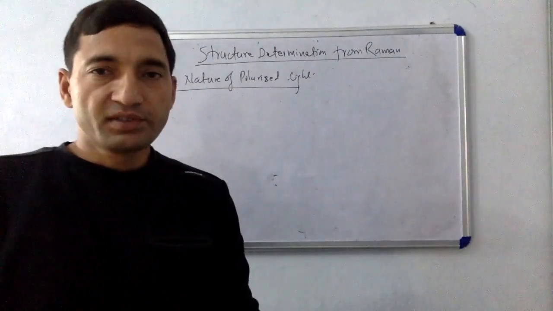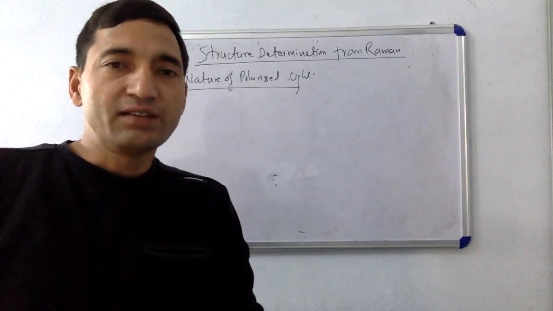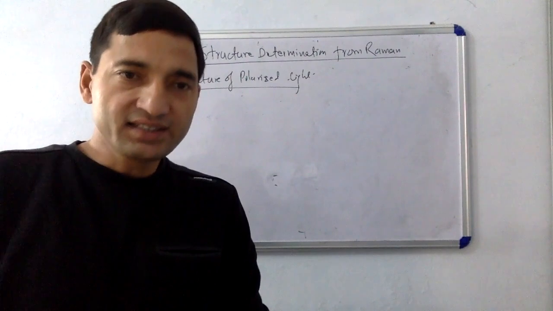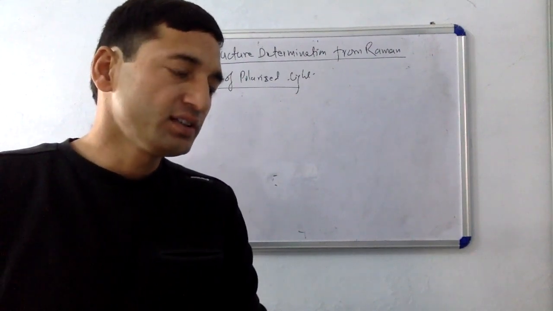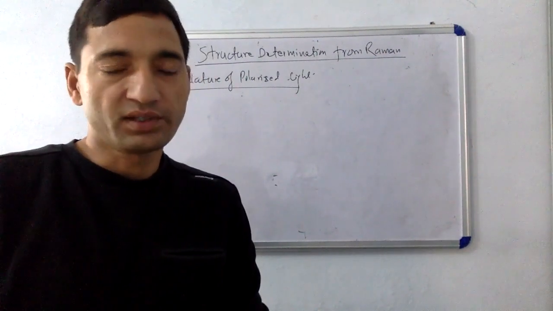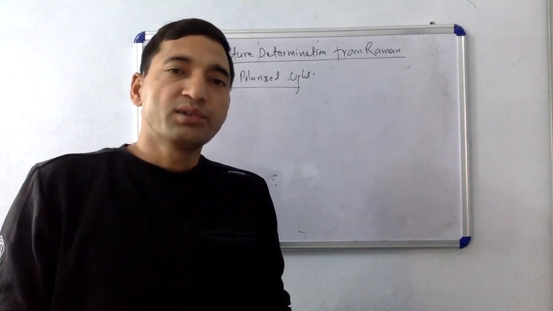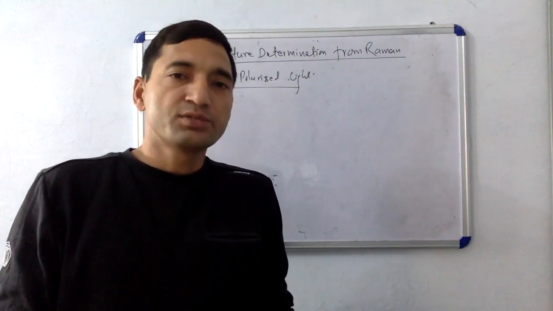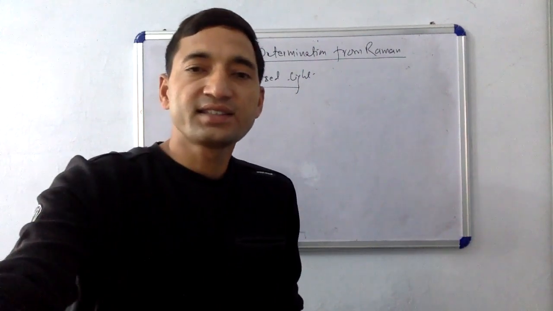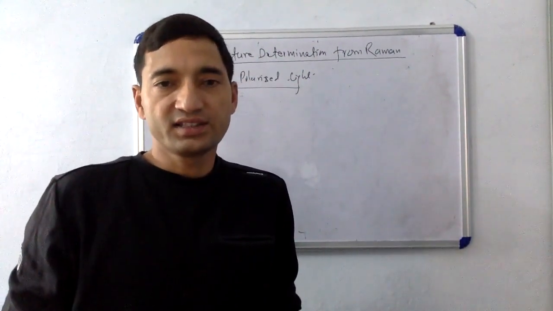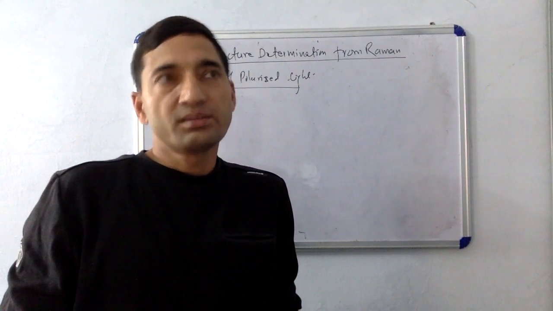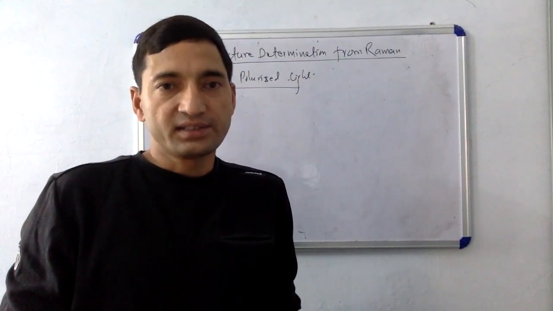Today I'm discussing the structure determination from Raman with the help of the nature of the light, that is, whether we are using polarized light or unpolarized light. As we know, if I'm using plane polarized light, sometimes when we take the scattered light in a perpendicular direction, you may have a plane polarized or a linearly polarized